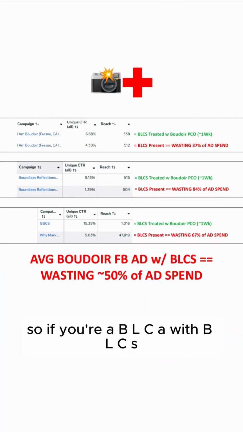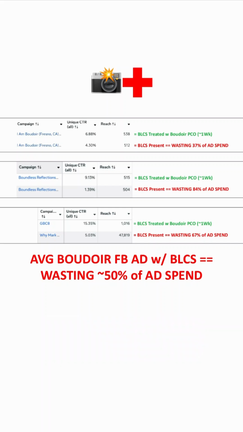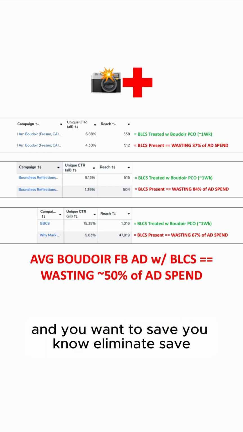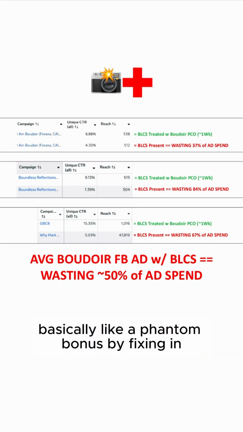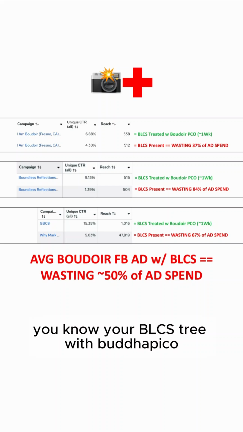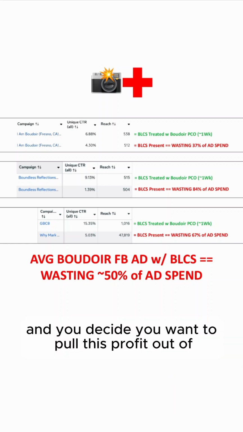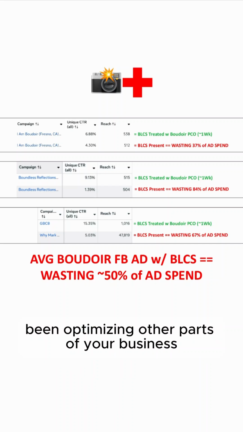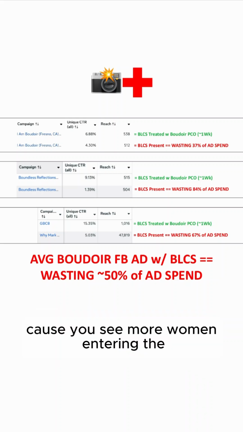So if you're a BLCA with BLCS, so if you're a Boudoir low click advertiser with Boudoir low click syndrome, and you're spending more than 10 grand a month on Boudoir Facebook ads, and you want to eliminate, put back in your pocket approximately 5K every single month, basically like a phantom bonus by getting your BLCS trio with Boudoir Pico. That's like basically a 60K bonus at the end of the year. And you decide you want to pull this profit out of the Facebook ads part of your business because you've been optimizing other parts of your business. So you now want to optimize the Boudoir Facebook ads part